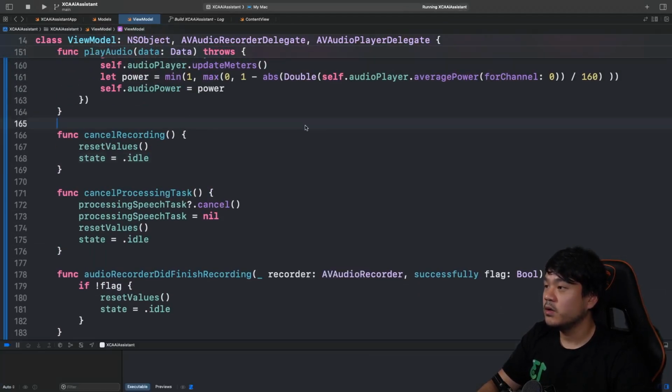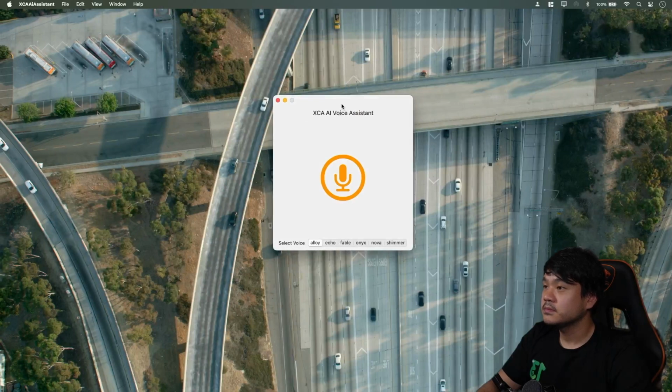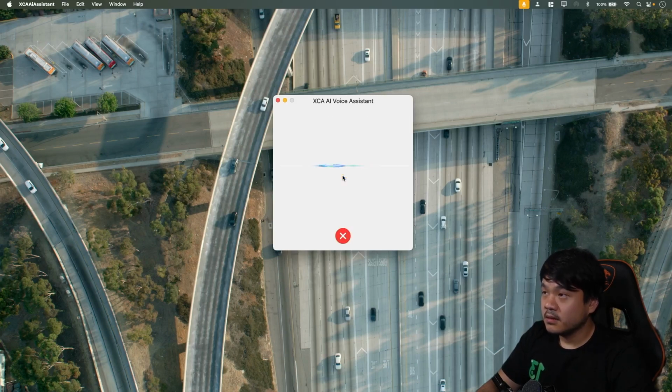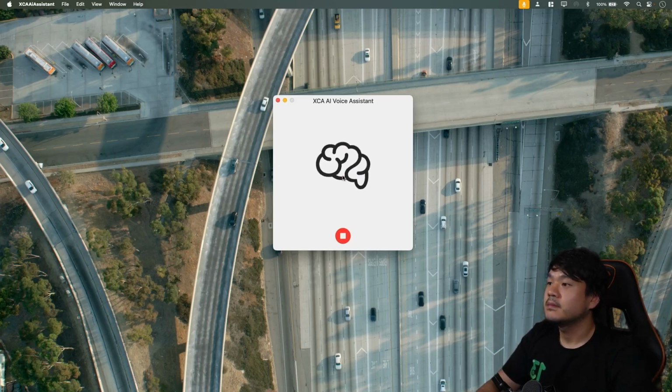I think this will work. So let me use this Onyx as the voice. What is a transistor? Oh, nice. Let's wait a bit. So how long it is depends on how large the data that you send is, and also the response from the GPT-4 itself.